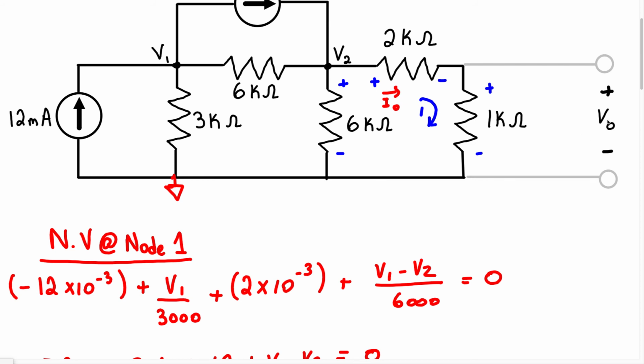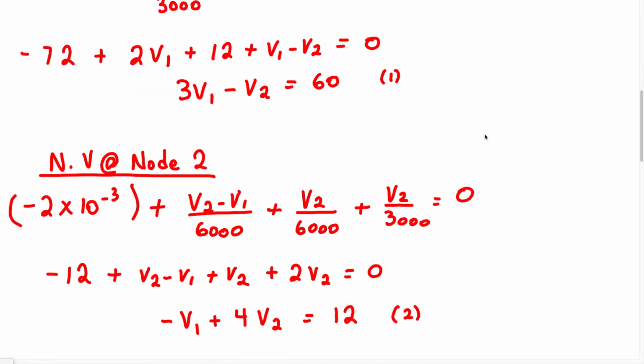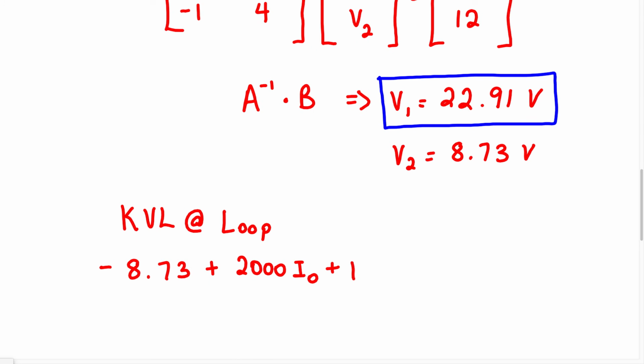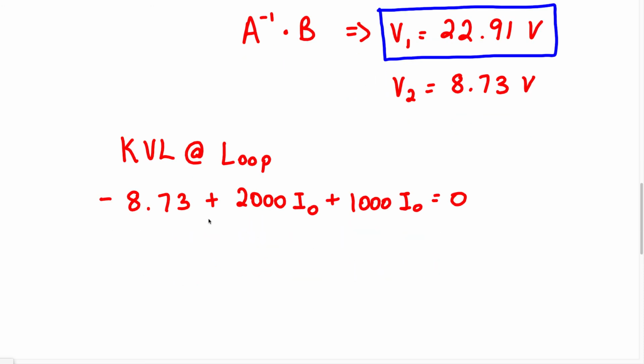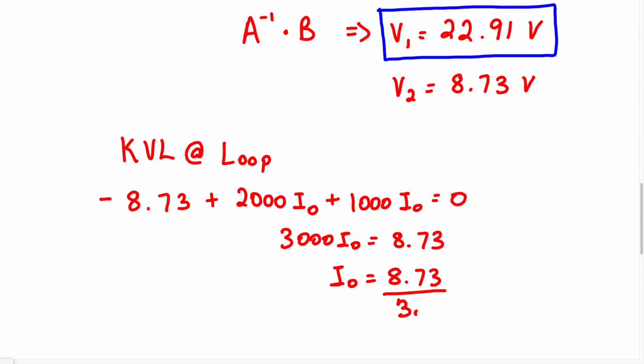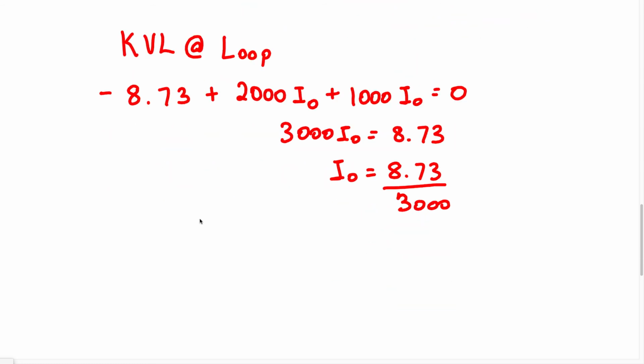So instead of writing the voltage VO, we're actually going to write it in terms of Ohm's law, and we're going to say IO times 1000. So we're going to say 1000 times IO, and we know all of this should equal 0 because Kirchhoff's voltage law says the sum of voltages in a closed loop must equal 0. So when we solve for this now, we're going to get 3000 IO equals 8.73. Therefore, IO equals 8.73 divided by 3000. When you put that in your calculator, that's going to give you